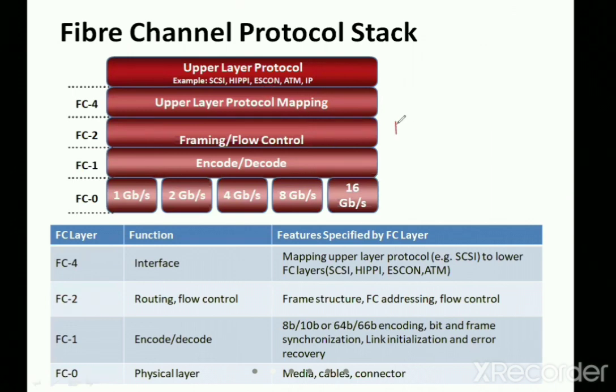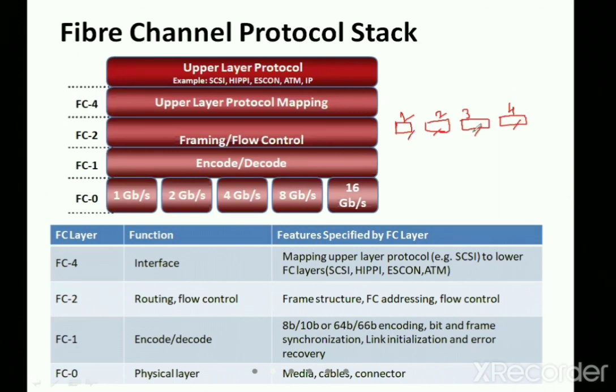Suppose I divide the data that is moving into four frames. This is the first frame, then the second frame, the third frame and the fourth frame. We also have to make sure all these four frames are in flow. That is flow control: I have to receive all these frames, and at the same time make sure the sequence is followed.